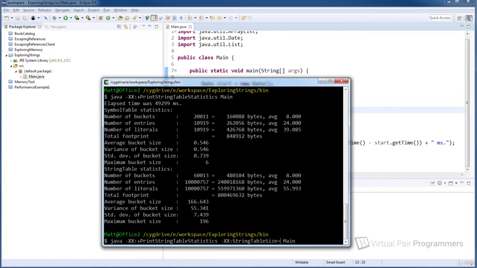And we set that equal to a number. How many buckets do we want our string pool to be? Well, for this to work in an optimal way, the number that you provide in here should be a prime number. So we want a prime number that is bigger than 60,013. Now, actually, I've gone off and checked, and the next prime number that I can find that is bigger than at least double 60,013 turns out to be